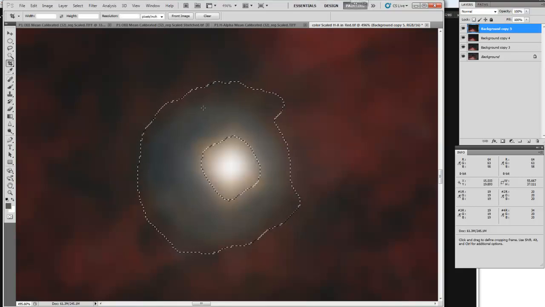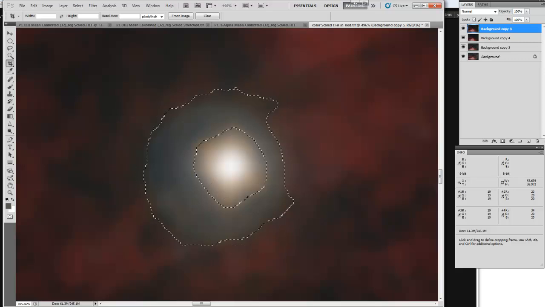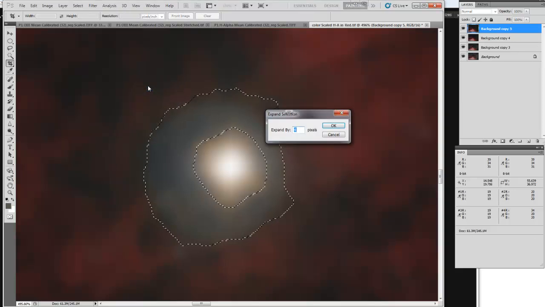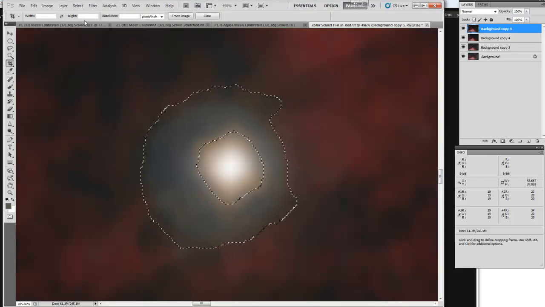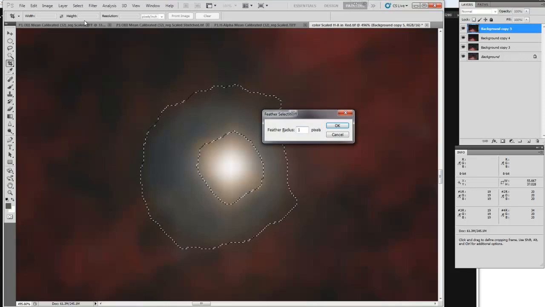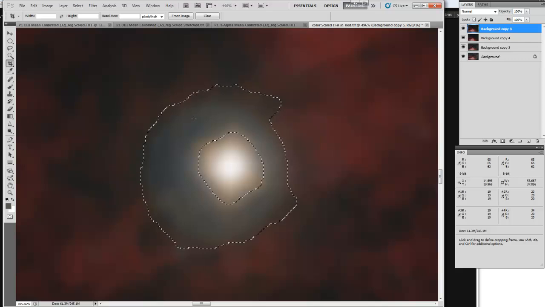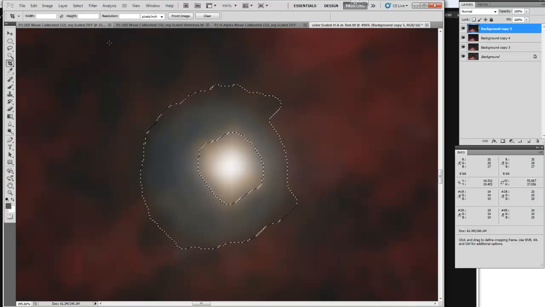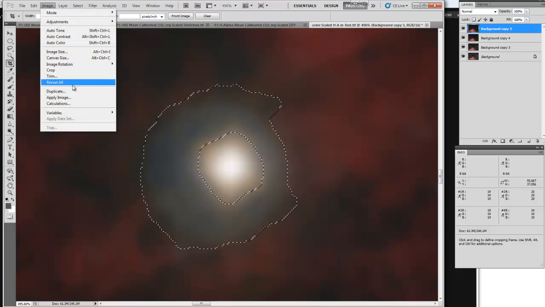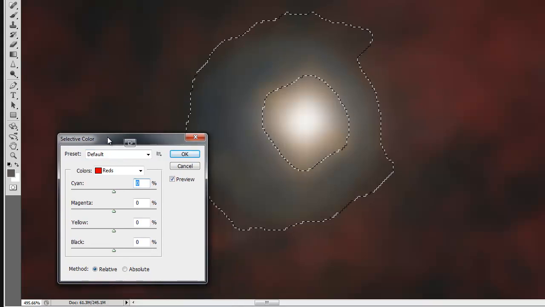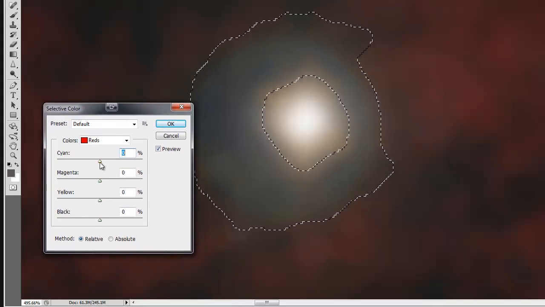So now you know what, I don't like that. I'm going to expand it by 2 pixels and feather it back by 1. Okay, so now how can we change this color into that color? Well, we can try to do selective color, and we can try to add